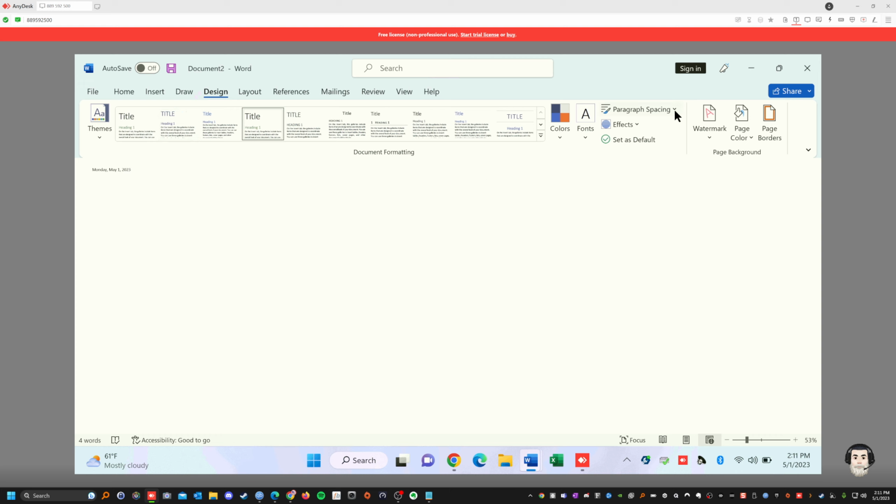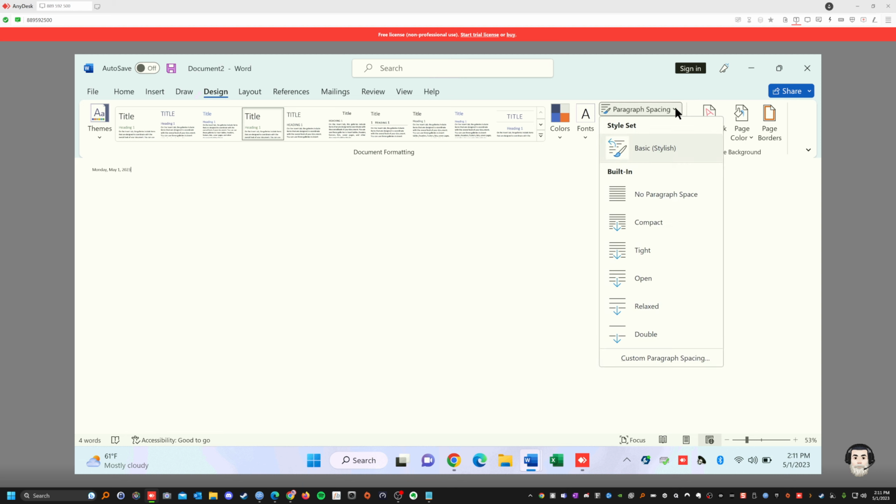The next one is the paragraph, the spacing. You know what that is. No space, compact, tight, open, relaxed, double. It's the spacing in the formatting of the document. You know, between the words. Okay. So usually there's 1 inch below every word. Like if there's a line, there's usually an inch below that. So it separates the lines, right?